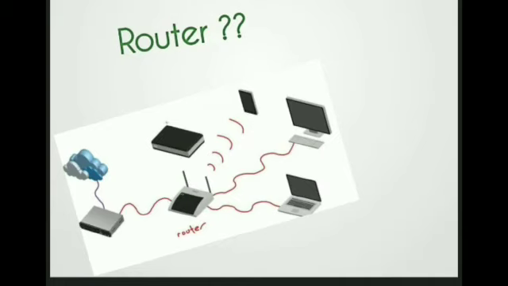Routers basically all look similar to this. There are two kinds of routers, wired and wireless. The main point is that all wireless routers are also usually wired routers, because even a wireless router has antennas that transmit the radio signal to your wireless devices.